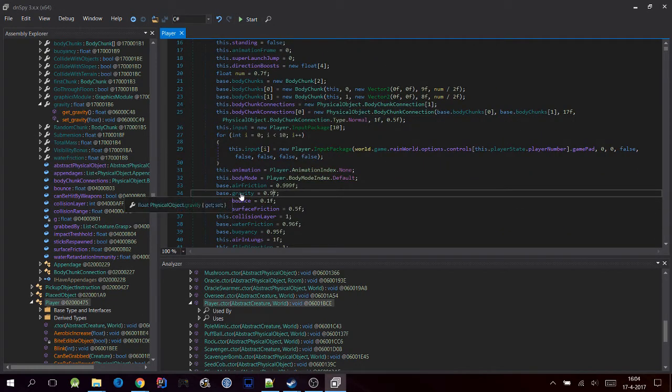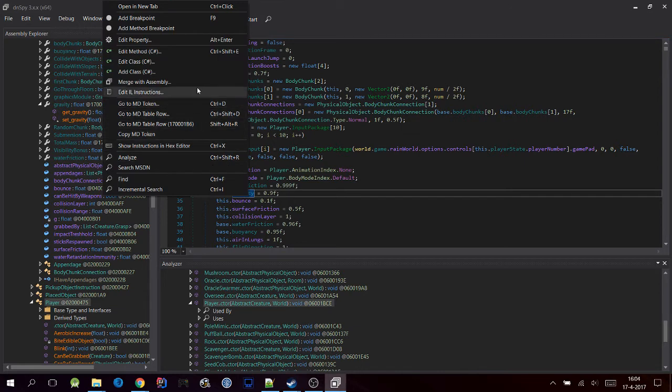So we have gravity equals 0.9, and we want to change that. So how do we do that? If you remember, I told you you do not want to edit the code in here, because this is the original code before translating to machine code, and we don't have the entire game project to be able to put everything back together. But what we can do is right click this and click edit IL instructions,